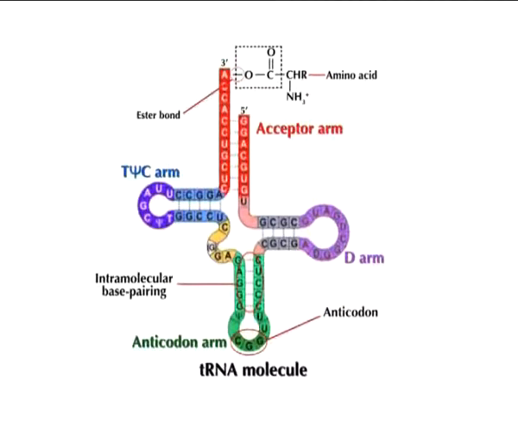The D arm is a 4 base pair system ending in a loop that often contains dihydrouridine. The anticodon arm is a 5 base pair system whose loop contains the anticodon. The anticodon is a unit made up of 3 nucleotides that corresponds to the 3 bases of the codon on the mRNA. Each tRNA contains a specific anticodon triplet sequence that can base pair to one or more codons for